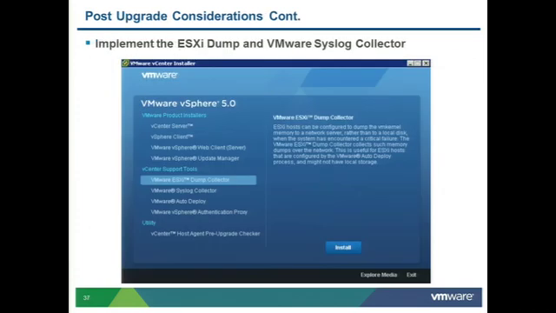When you insert the vCenter 5.0 installation media, you'll notice two new options. There's the ESXi syslog collector and the dump collector. What these essentially are is a network-based syslog server for your host. So if you're running ESXi,